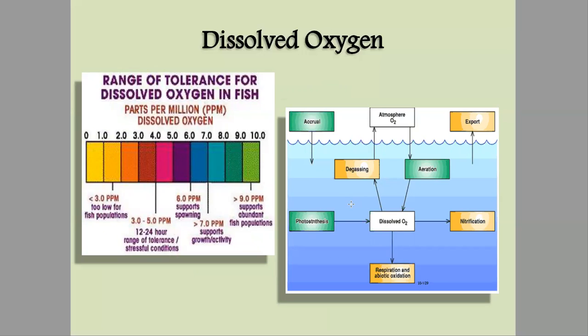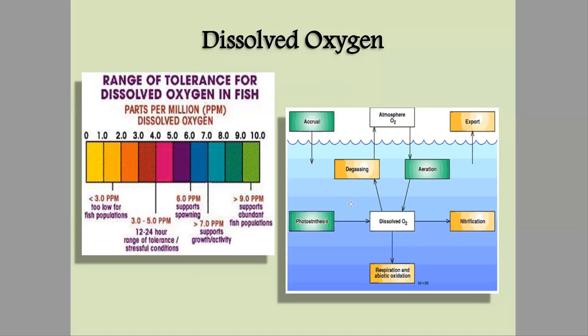Now we have discussed that the concentration of dissolved oxygen must not be below 4 milligram per liter. That may also be expressed in ppm, parts per million. Don't get confused about what is parts per million and what is milligram per liter. Both are the same. You can convert them and you will see that both are the same. So it should not be below 4 milligram per liter or 4 ppm.